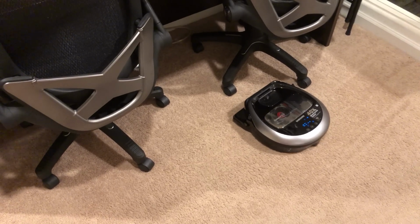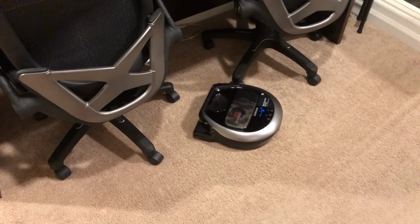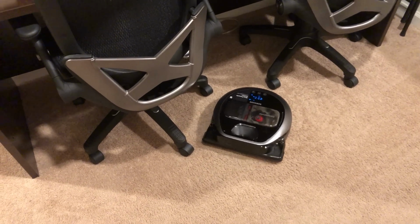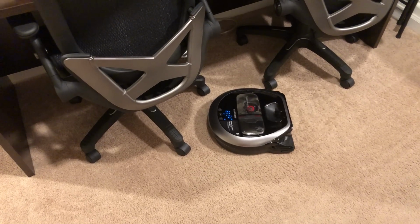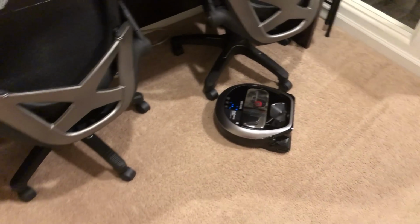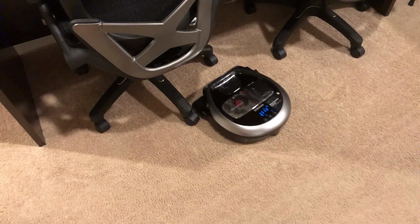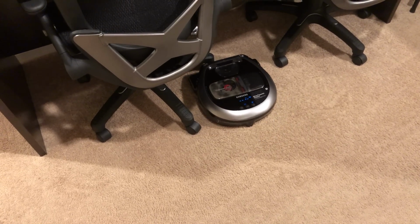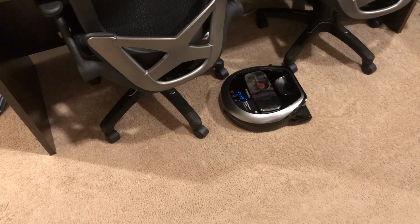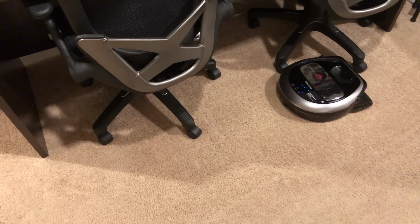See how it handles the office chairs. So one of the things that other reviewers had said, I haven't had a Roomba to compare this against, is how the vacuum seems to be gentler on furniture versus other robot vacuums. And that's certainly true. It seems to be able to more gently ram into things, such that we haven't seen too many scuffs as a result of the robot vacuum. And you can see how it gently avoids these areas, at the same time purposefully trying to make sure it maximizes its area that it is vacuuming. Going over these areas over and over again here